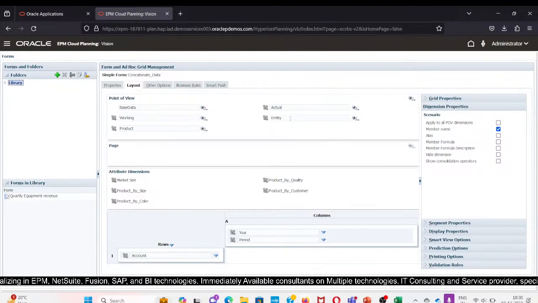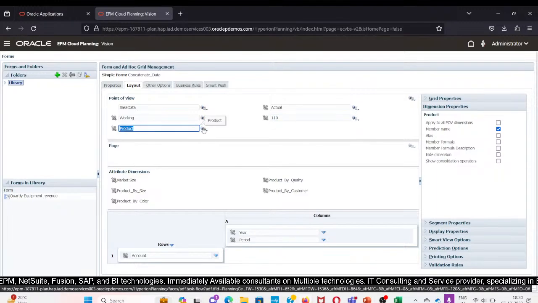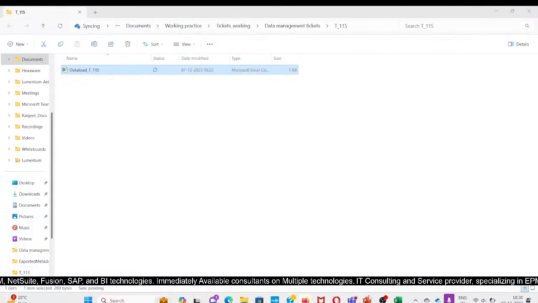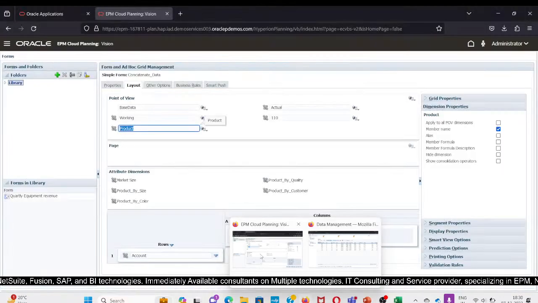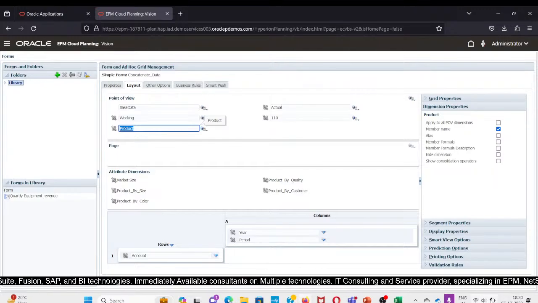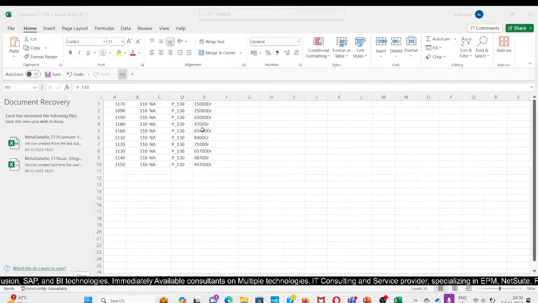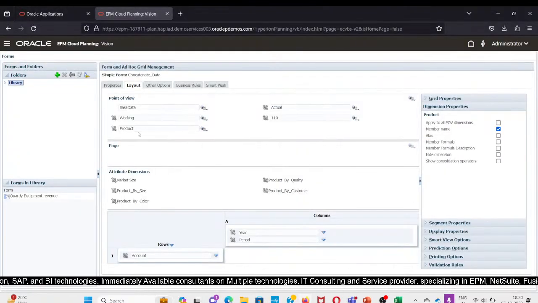So here we are only creating a simple data form. Product is going to be P underscore 130,